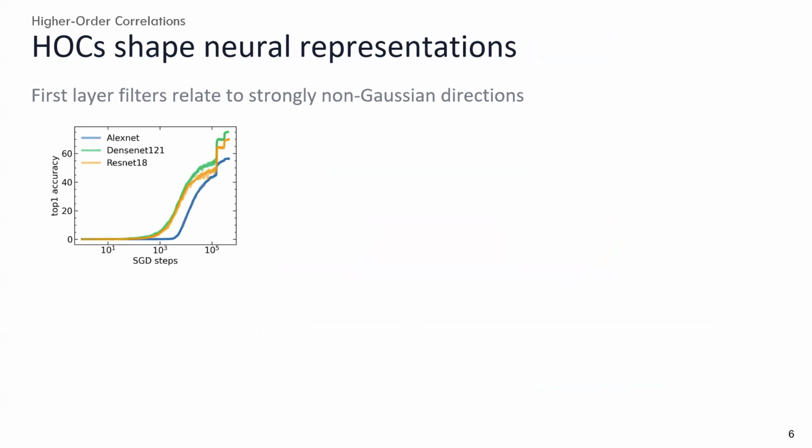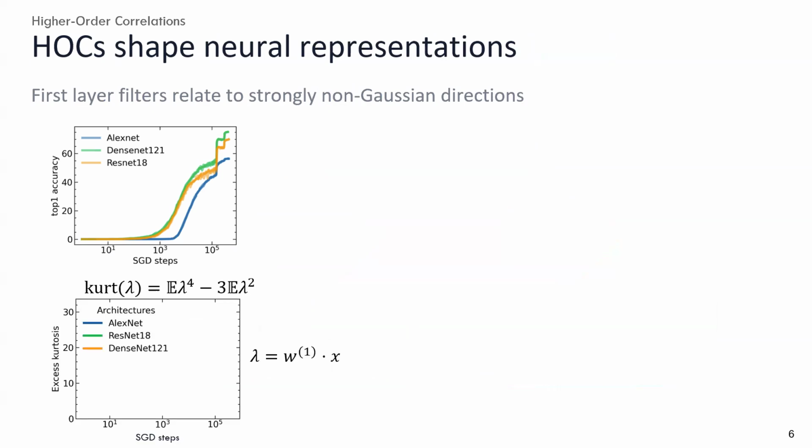On the opposite, higher order correlations are really, really important. To see this, let's do an experiment. These are convolutional networks similar to the one I showed before, and you can train them on ImageNet. This is just to show that they are learning. These are the steps that you make during training, and this is the accuracy that at some point goes up.